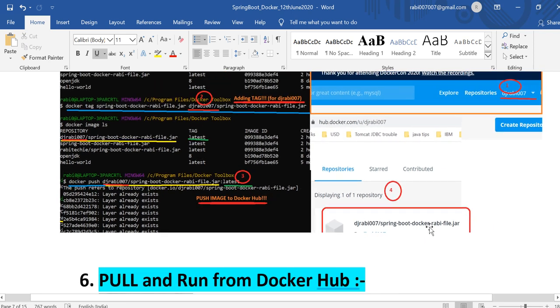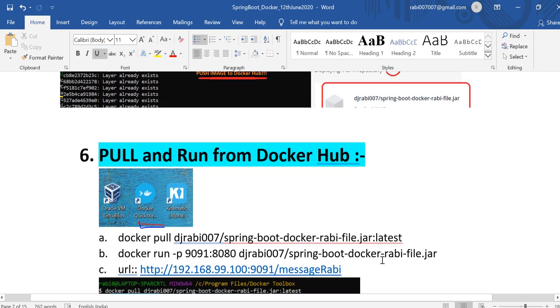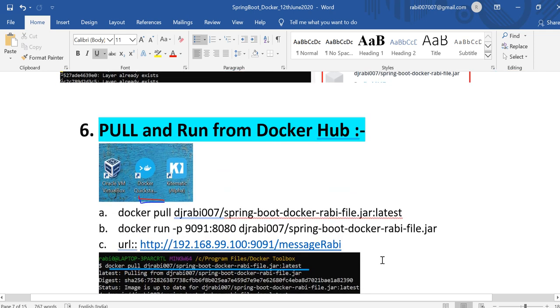So you see that it has been uploaded here, and the next thing is to pull it, right? You have pushed it to the docker hub, and from any system, say QA environment or production environment, you can pull it with docker pull, user ID / jar file name : latest, and run it.